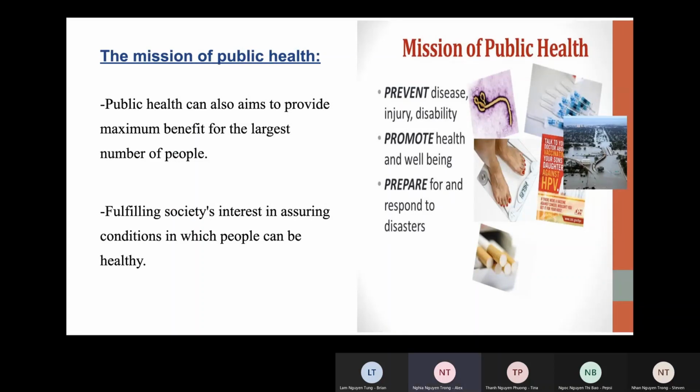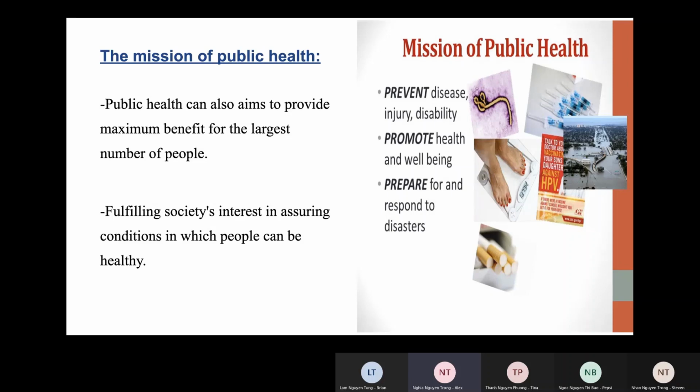Next one, we move on to the mission of public health. Public health also aims to provide maximum benefit for the largest number of people, fulfilling society's interest in assuring conditions in which people can be healthy. And the mission of public health